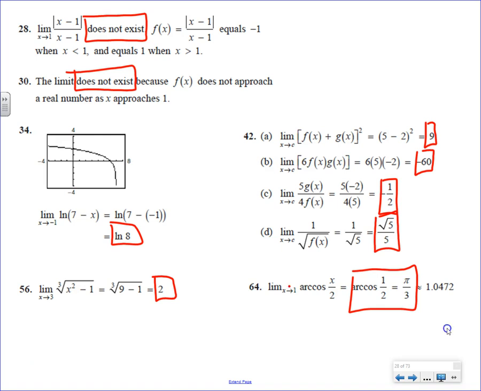Why was this guy a little bit harder? Yeah, I mean, it's still just plugging in, right? But what was hard was the arc cosine. So remember, isn't arc cosine the same thing as cosine inverse? And remember, cosine inverse goes backwards and says, for what theta does cosine equal 1/2 in between 0 to pi? Well, cosine's not positive in the second quadrant. Cosine's positive in the first quadrant. And cosine's going to be 1/2, either memorizing at 60 degrees or pi over 3, or thinking about your cheater chart